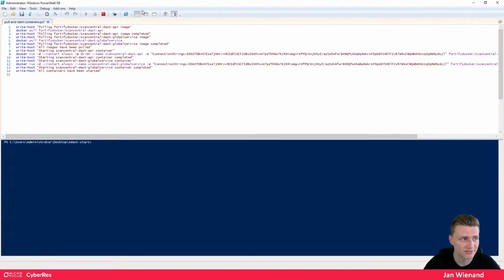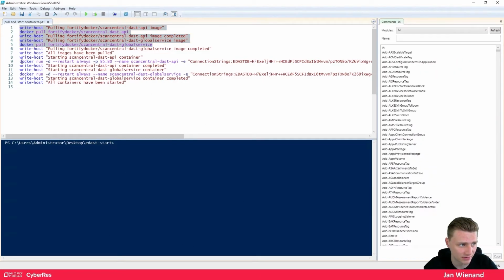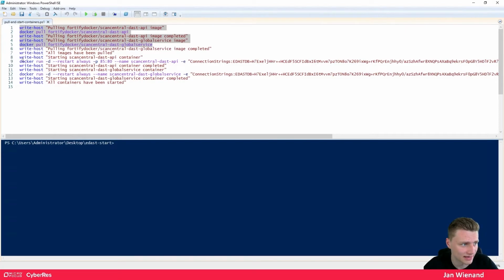So you can see that there are different points in here. First of all, we have some information for our terminal, but the real interesting thing begins in line 9, because in this case we will start our ScanCentral DAST API, and in line 12 we will run our ScanCentral DAST global service. So those are the main components that I talked about before, and in line 2 and 5 it will download these